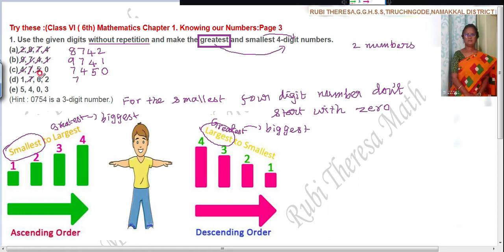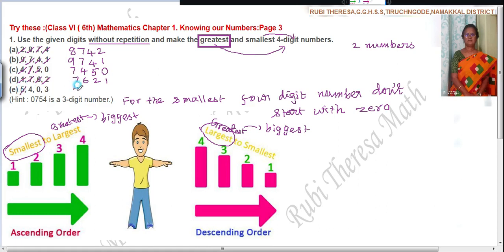Which one is the greatest? 7. Next, the third one, 6, then 2. Finally, 1. Is it okay? Will you be able to form the greatest 4-digit number? Here you see